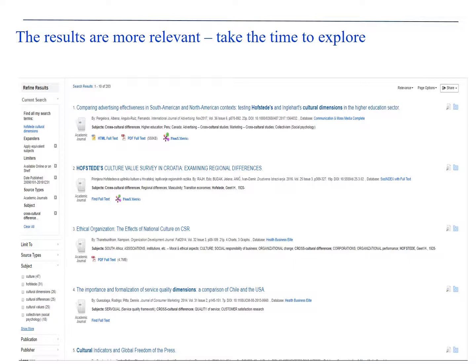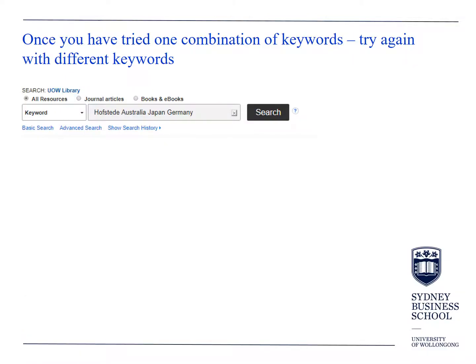Now we've gone down to 203 results. Okay, take the time to explore and have a look at these. These results are a lot more relevant than the last search. So once you've tried one combination of keywords, it's important to try again using different combinations because you will get different results. For example, if we now change it to Hofstede, Australia, Japan, and Germany in the search box at the top,